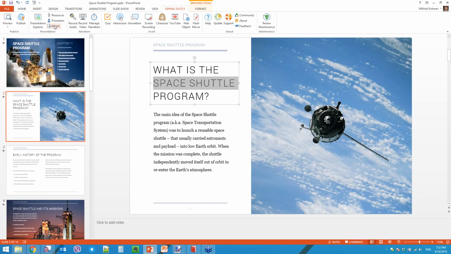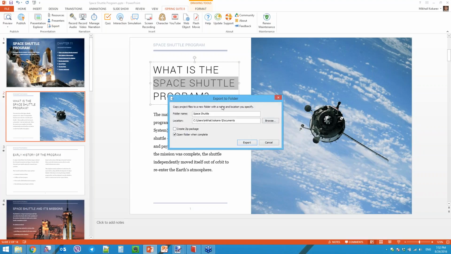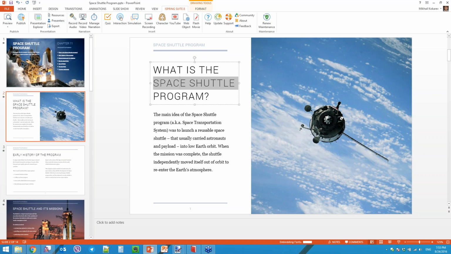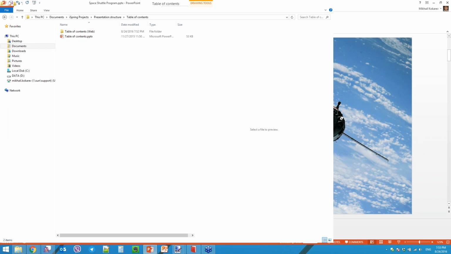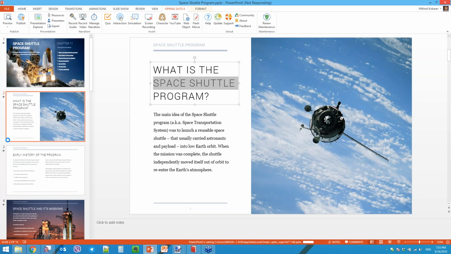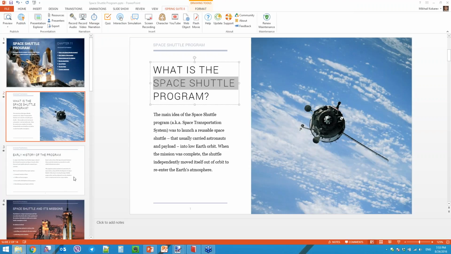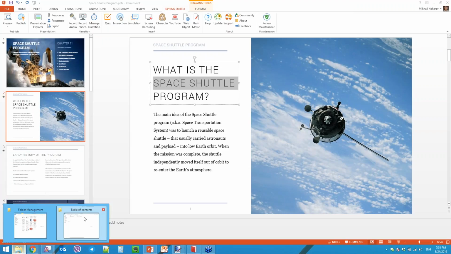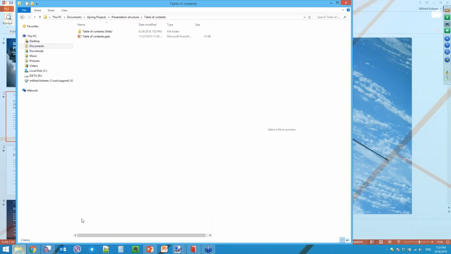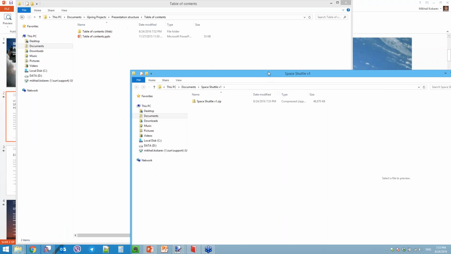If you use the export button here, you can create a zip package and give it a version name, so it'll be easier to restore it later. I think she meant if she saves it under a different name from within PowerPoint. Yeah, from within PowerPoint. Well, if you save it under a different name within PowerPoint, which is not recommended,